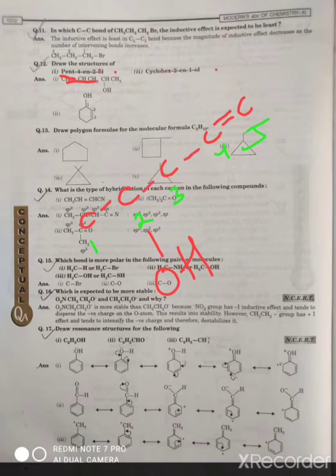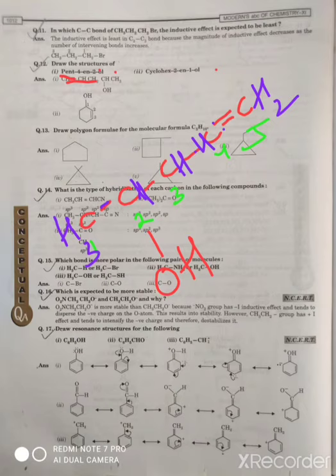Now on the basis of tetravalency, just keep the hydrogens on each place. Here already one bond is there, so 3 hydrogens; here 1 hydrogen, here 1, and here 2 bonds are already there and 1 bond here, so that means 1 hydrogen, and here 2 hydrogens. So this is the structure for this.